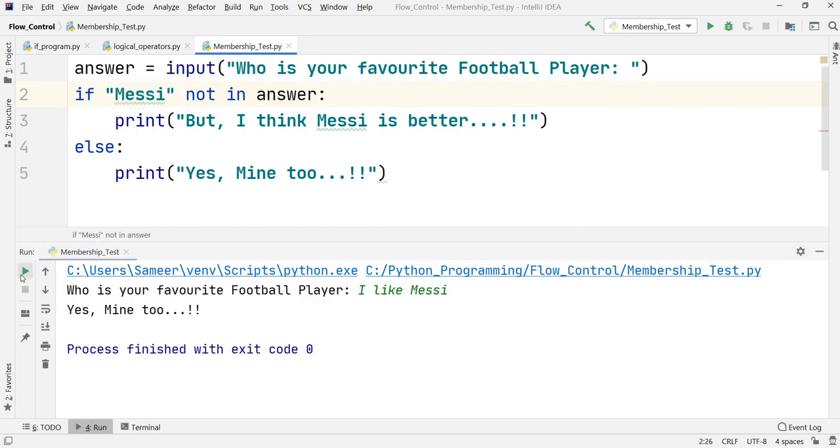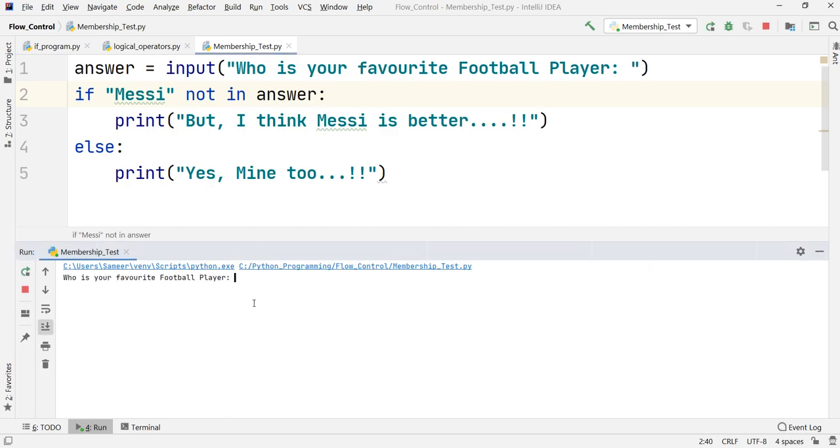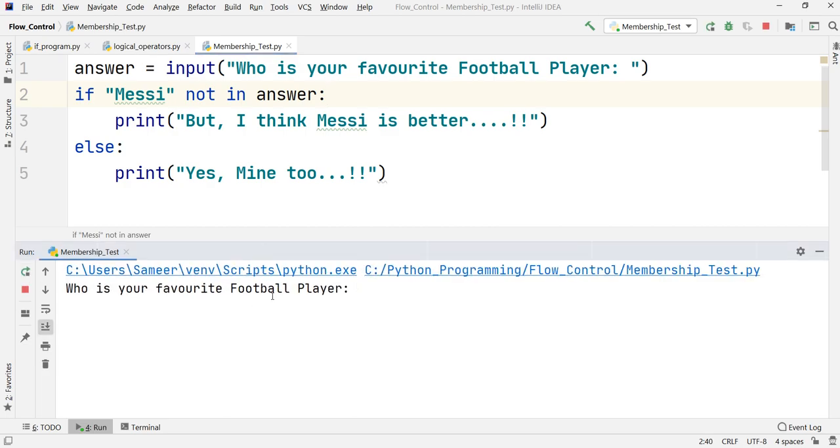Okay, so just be aware of that. If I rerun this code, and suppose I say, "I like Ronaldo as a football player" than anyone else.